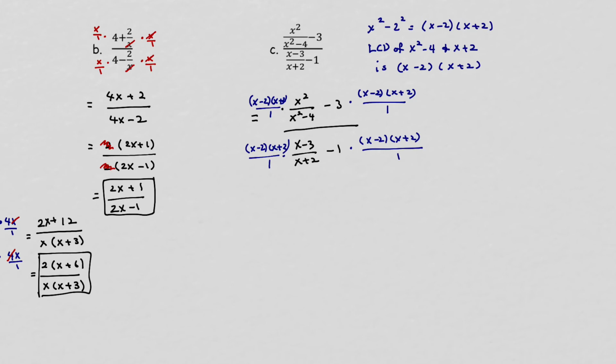So then this will cancel out. And nothing else on this side because you don't have a denominator, right? This one doesn't have a denominator to reduce. So if you rewrite what you have so far,